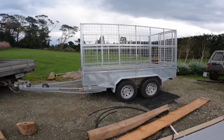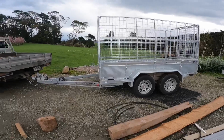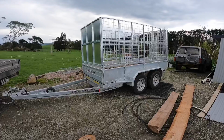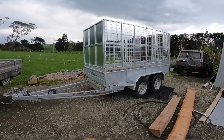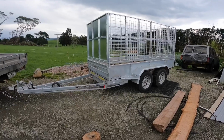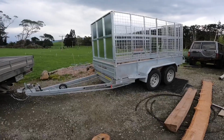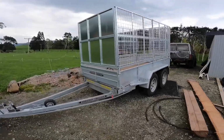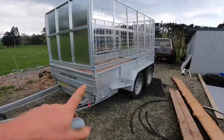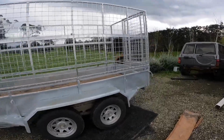So some of you with a keen eye may have noticed that we got a new trailer. I have mentioned it before. So previous to this we had a Prescott 9x5 trailer with a crate, same sort of crate. With us, because we do quite a bit of firewood, we'd been looking at getting a tipping trailer for a while so Suzanne can tip the firewood off, save having to do so much manual unloading. So we ended up getting this, a 10x5, so it's a foot longer than the old one, same style crate, and